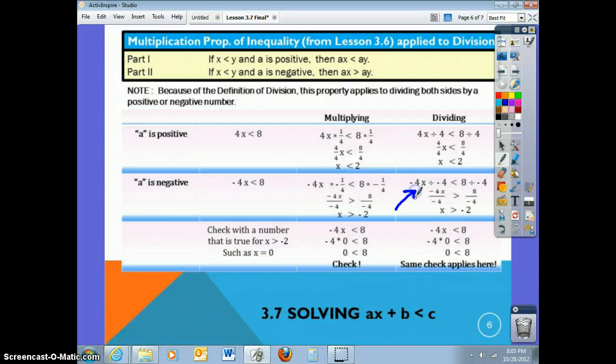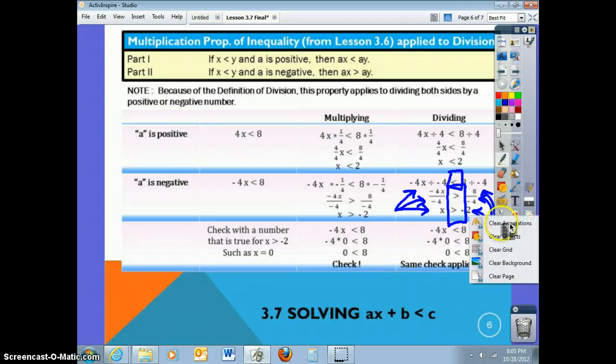Same thing if I'm going to divide both sides by a -4. Okay? I'll get -4x over -4 on the left. I'll get 8 over -4 on the right. The -4's will cancel each other. I get -2 on the right. But again, I started out with that inequality symbol, and because I was dividing by a negative, I had to flip and create that